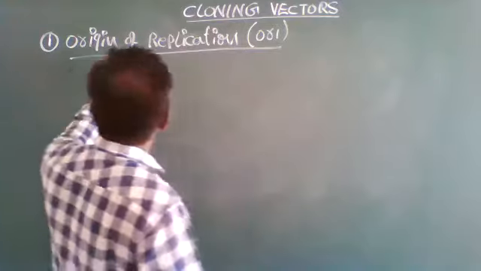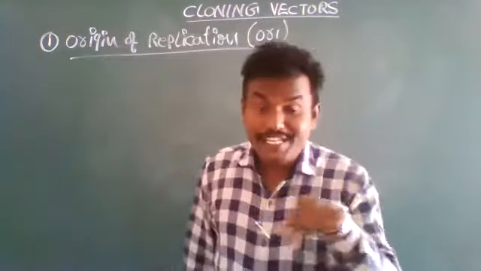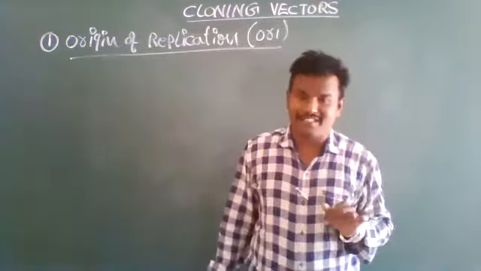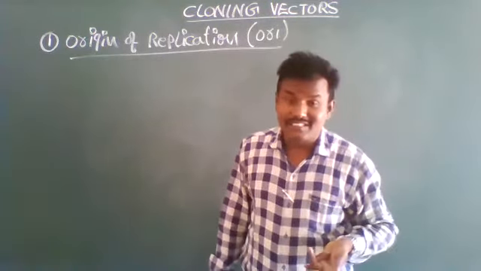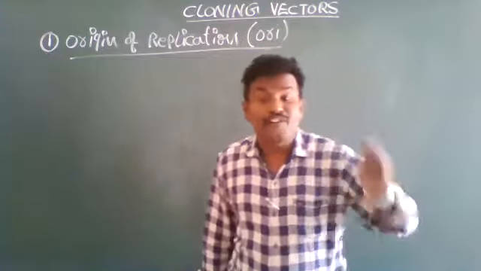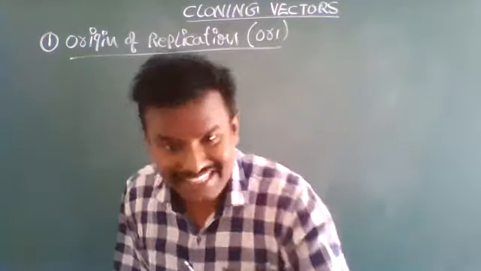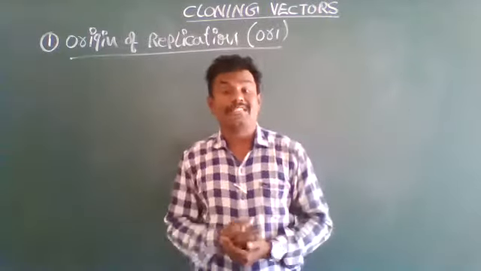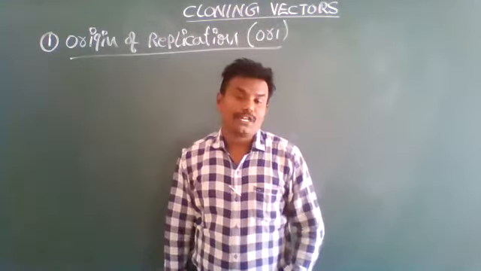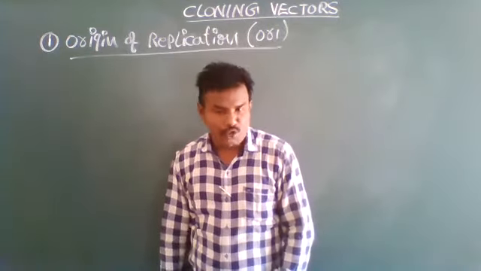So DNA must have an ORI sequence. In that particular sequence only, DNA replication starts. DNA replication occurs with the help of DNA-dependent DNA polymerase. Already said, already in the 6th chapter I said. The 6th chapter is related to the 12th chapter, that is the 11th, 12th chapter biotechnology.